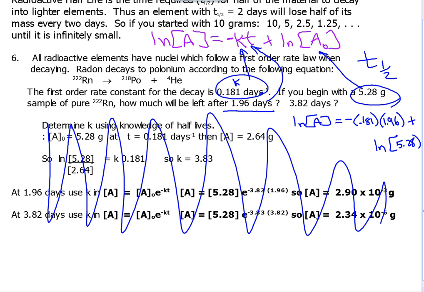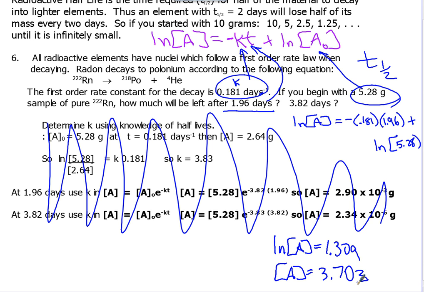Plus the natural log of 5.28. So we got the natural log of A is equal to 1.309. Am I done? How do I solve for A? E both sides. And you get A is equal to